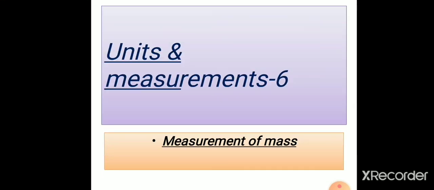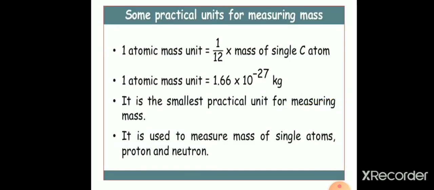Let us now discuss the measurement of mass. You might have studied the atomic mass unit, abbreviated as AMU or simply u, in chemistry, and it is one of the practical units for measuring mass. And one atomic mass unit is equivalent to 1 by 12th the mass of a carbon-12 atom,